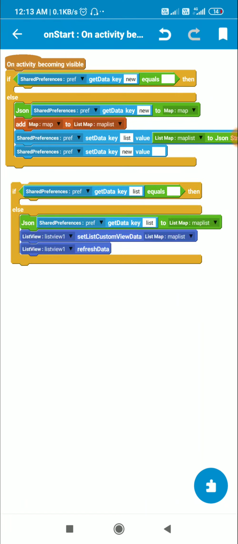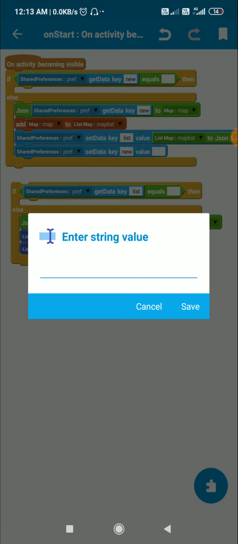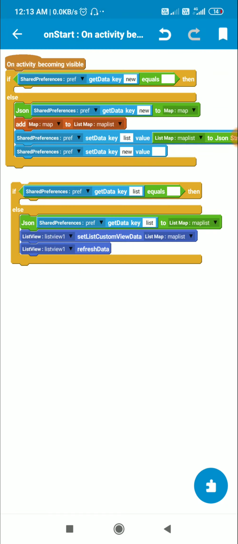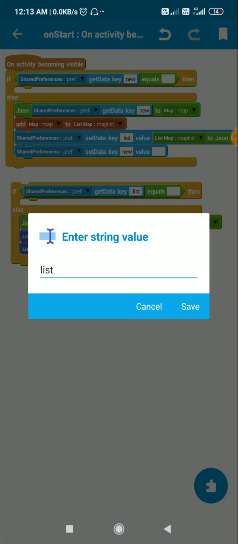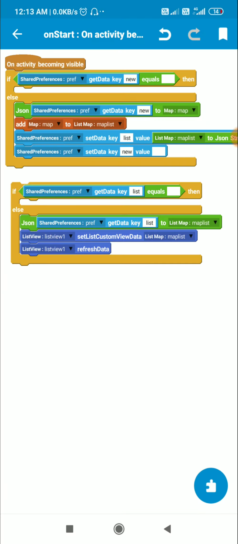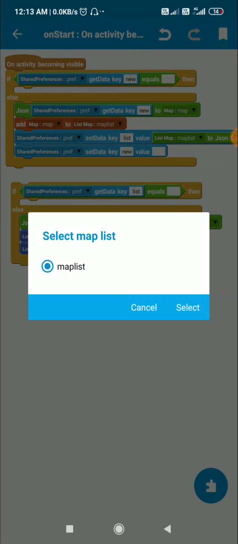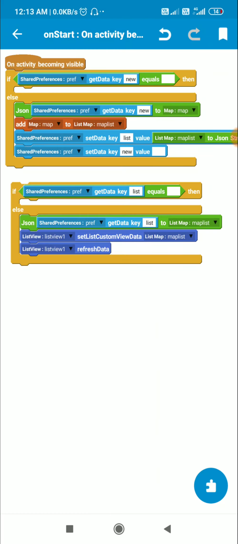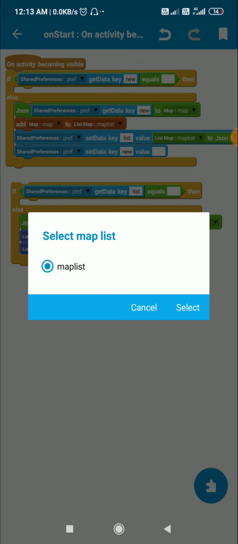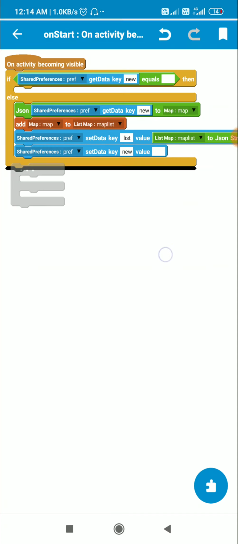Now after that, if the key list is empty then I do nothing. If it is not empty, then I get the data from this shared preferences key list to a list map called map list, and I display this list map list in a list view, which is list view 1.